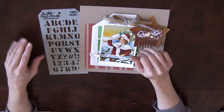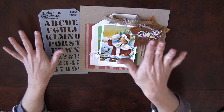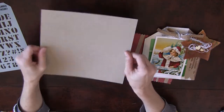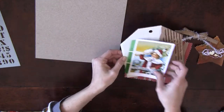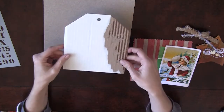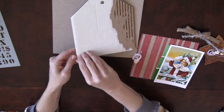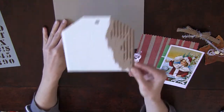December kit. And so what I'm going to do is start with making the backgrounds using products from June through December. So I took a piece of just light chipboard that came in the packaging from the December kit, and then I took the backing for the sticky canvas that's in your December kit, and I cut it to make it look like a big tag, and then started ripping off a little bit of the white to make the